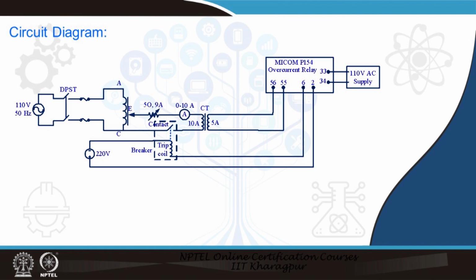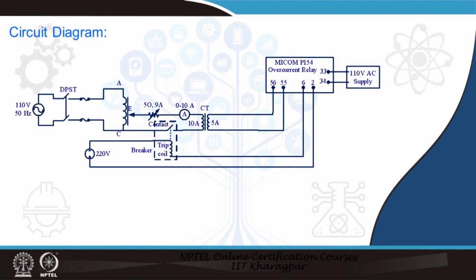220 volt AC supply. So, what I do here is that the corresponding current through this resistor can be increased by increasing the voltage from the autotransformer, and that is being sensed by the CT, which is fed to the corresponding relay. The relay is considered set with a particular pickup setting, and when the injected current through the CT secondary to the relay exceeds that pickup setting, the relay trips.